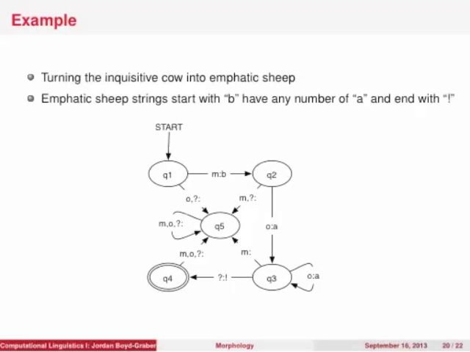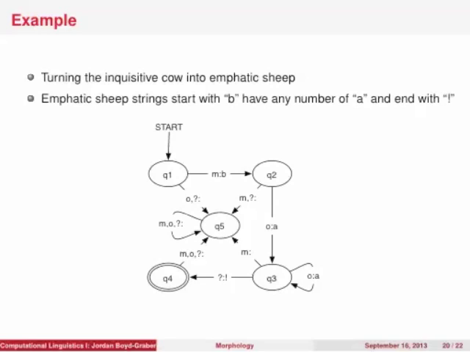Let's say that we wanted to turn the FSA that detected the language of inquisitive cows into the language of emphatic sheep. The language of emphatic sheep is that those strings start with B, have any number of A's, but at least one of them, and end with an exclamation mark. So you start in a state, Q1. If you see an M, you output a B. If you see an O, you output an A. And move to Q3. And if you see an O, you output an A as long as you're in Q3,